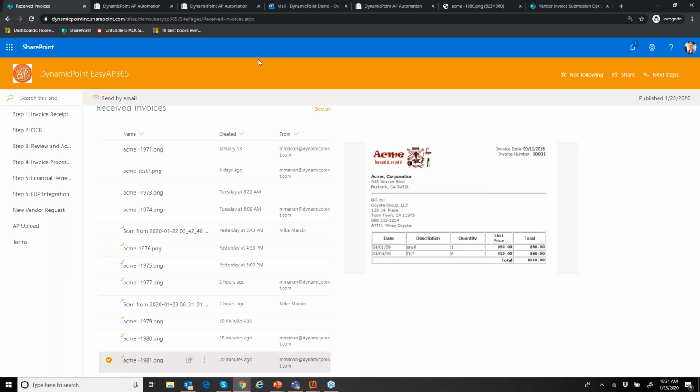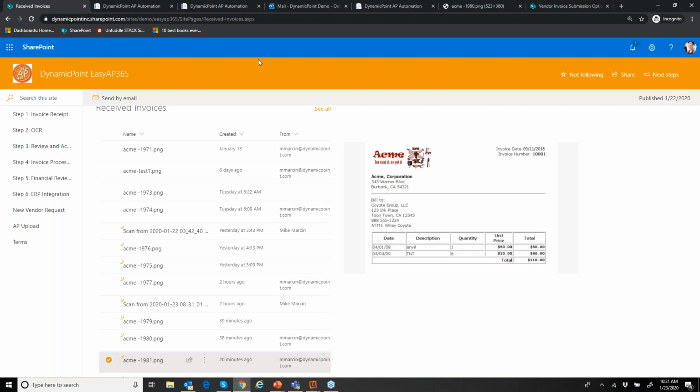So the options are to set up retention policies such that those invoices are purged out of our product, which again just uses a SharePoint library for storage. Or you could set up a retention policy that moves it somewhere else for archive. So you could use workflow to move it to like a shared drive or to a database or to OneDrive or some other location. But generally speaking, unless the invoices are really gigantic inside, a terabyte will last you quite